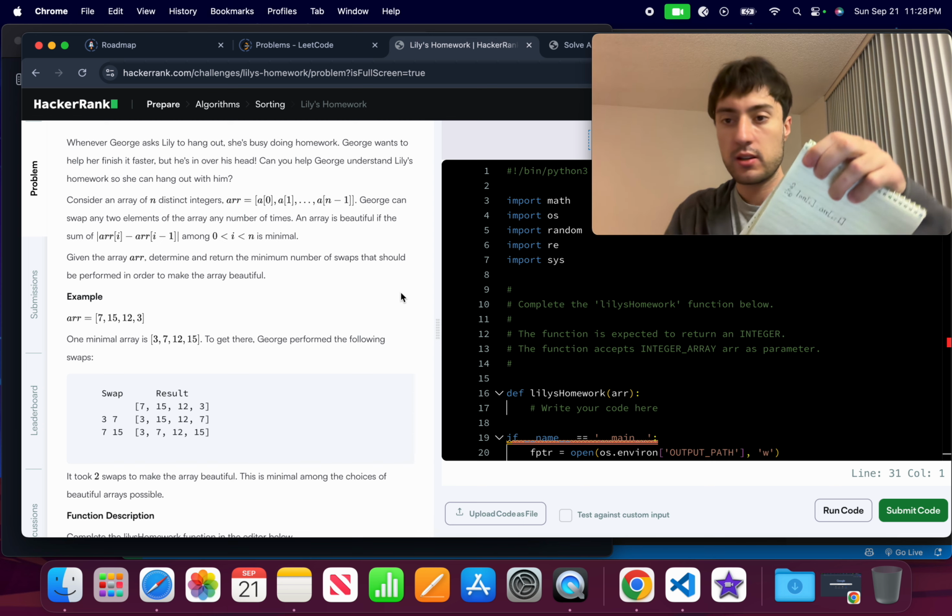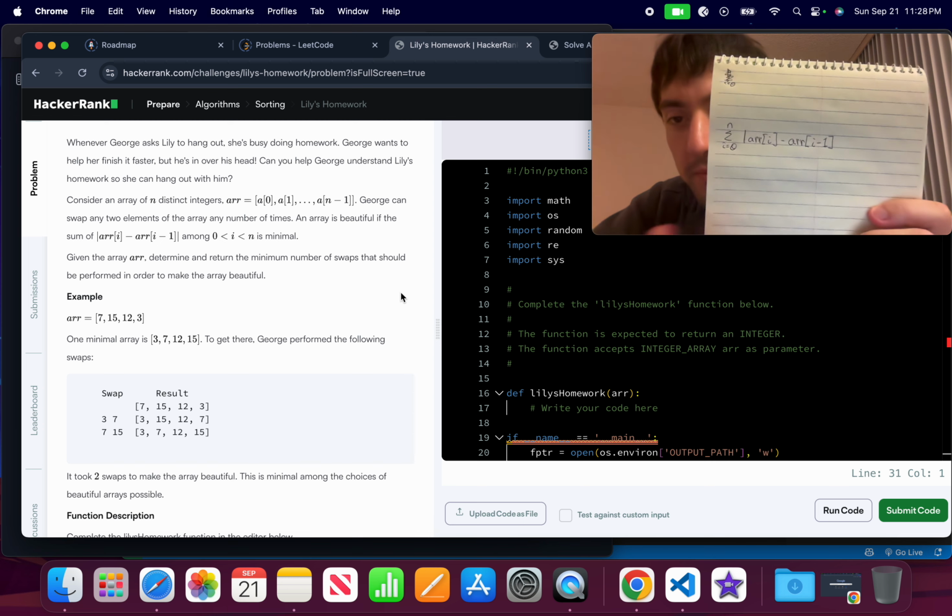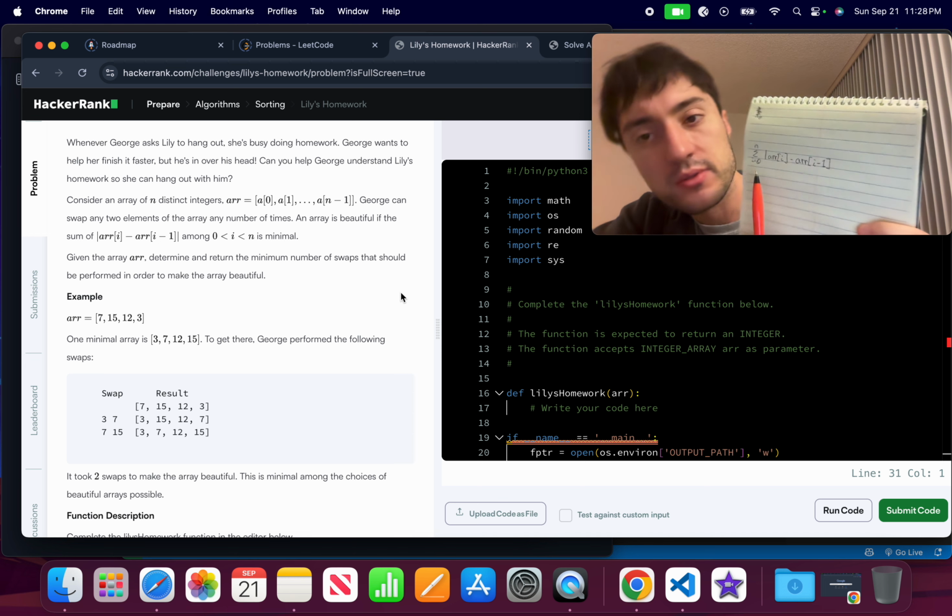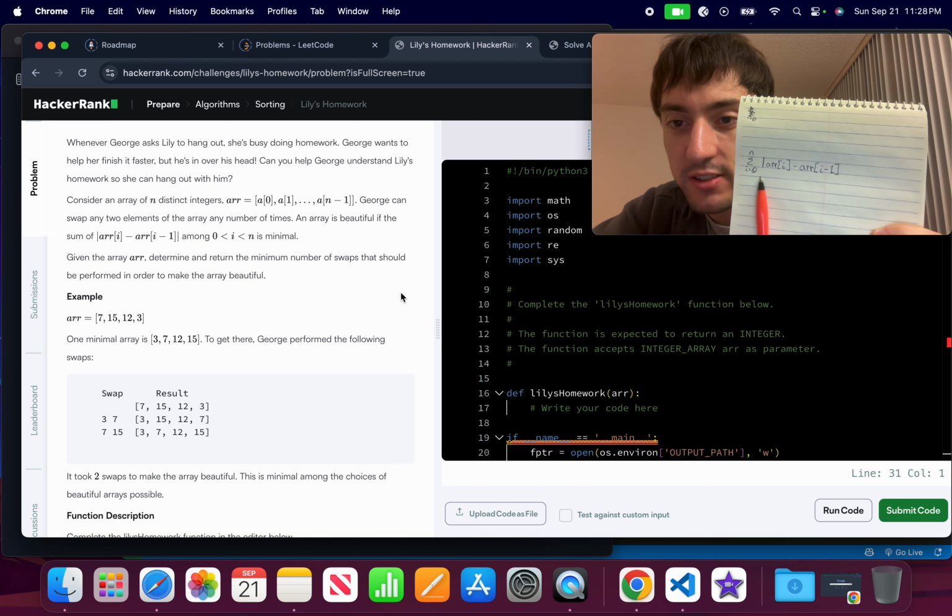Okay, so like this, the camera is backwards, but you guys can see it, right? The sum from i equals 0 to n